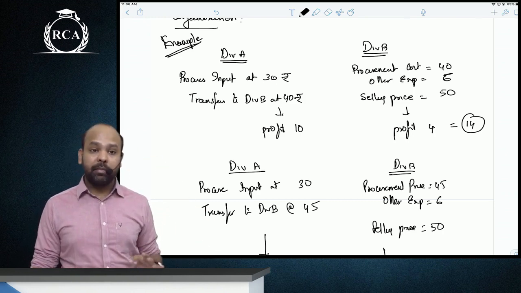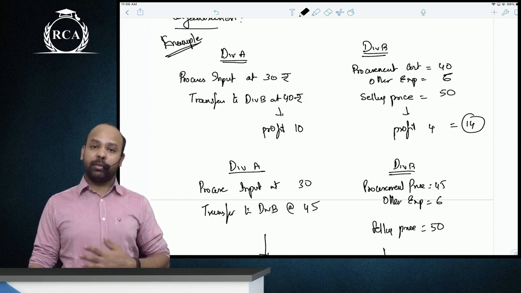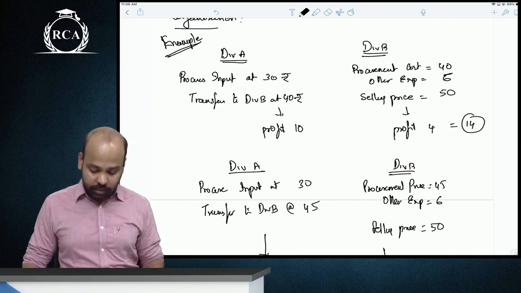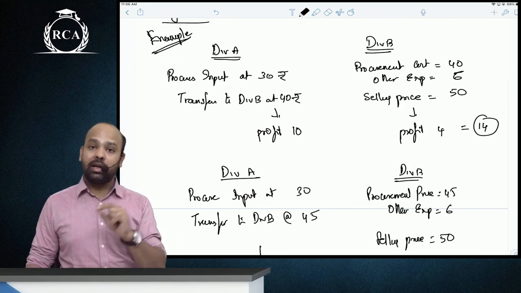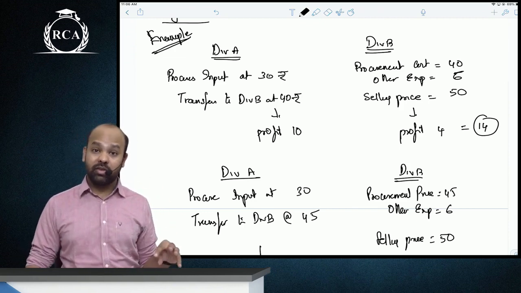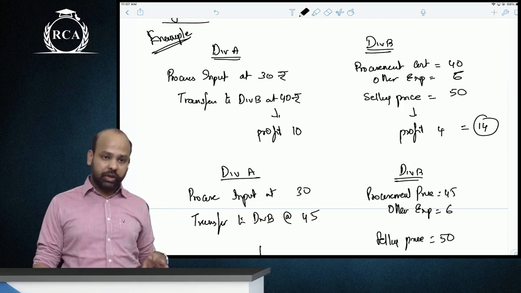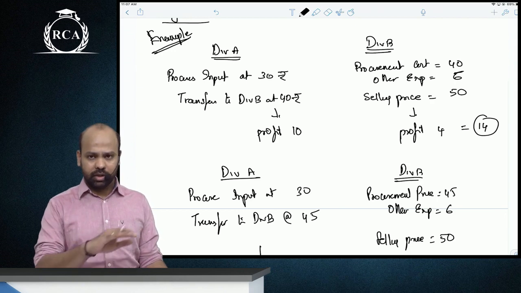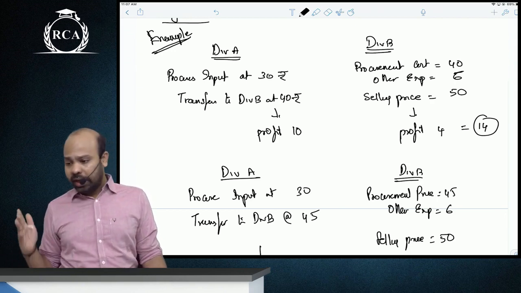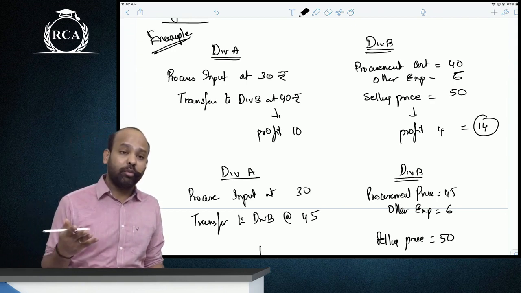Now every departmental head would want to maximize their profits, guys. Also, at the same time, do not forget goal congruence is very important. You will have to keep in mind that achieving the objectives of the organization is far more important than achieving your objectives. Your individual objectives should be aligned with the objectives of the organization. Understood, sir? After this, I told you what is the aim of the transfer pricing system, what